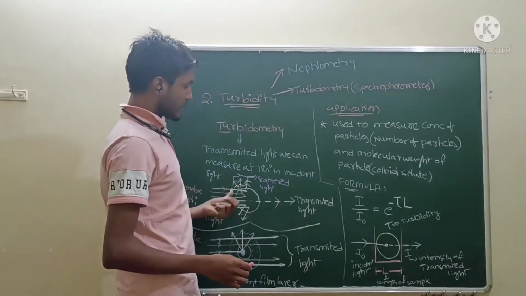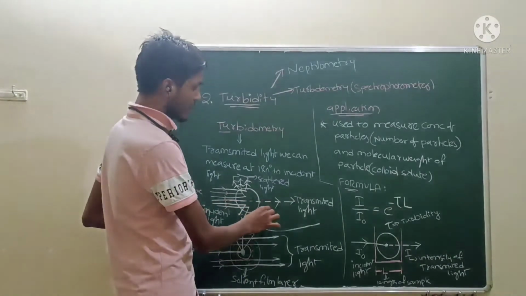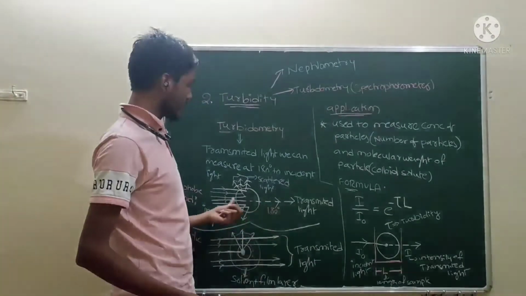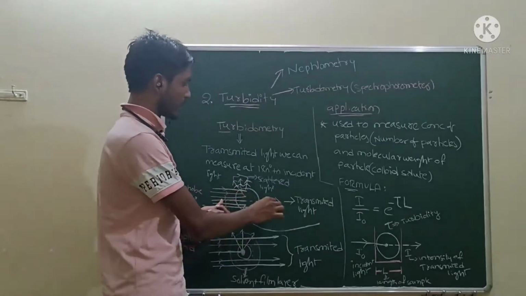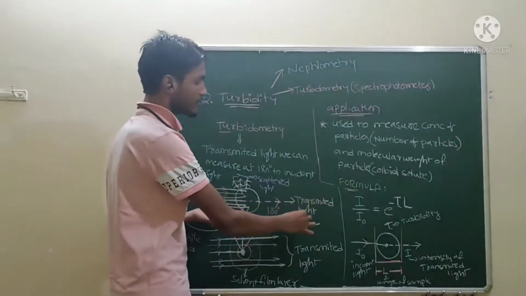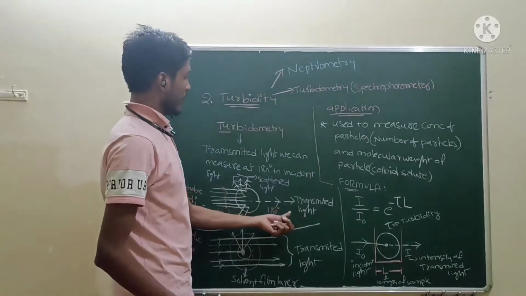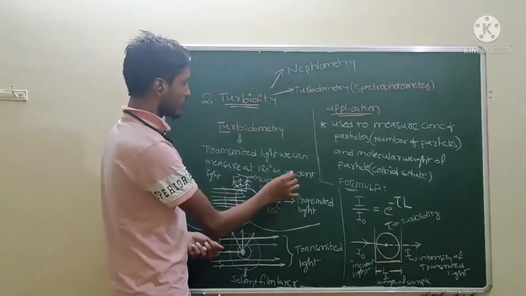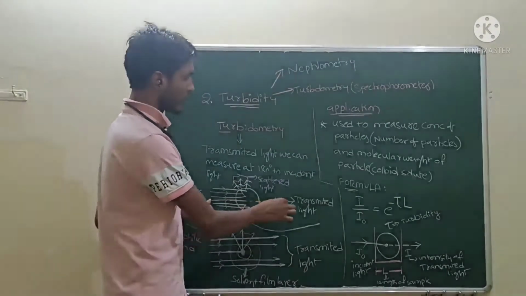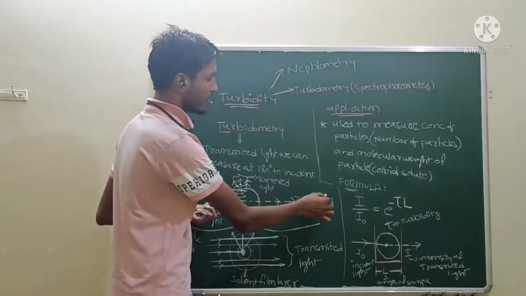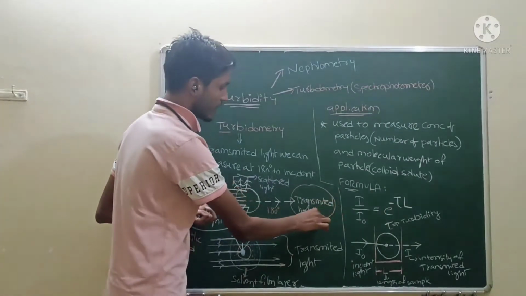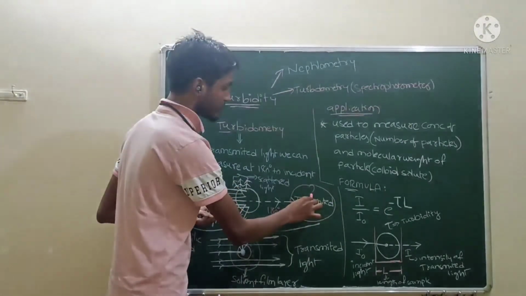The light which is present at 180 degrees to the incident light is the transmitted light. So we can measure the transmitted light at 180 degrees to the incident light. We are going to measure how much transmitted light is